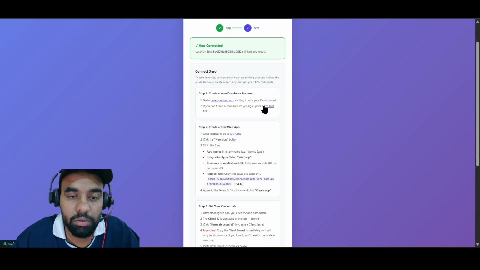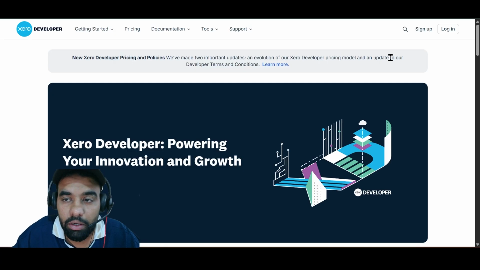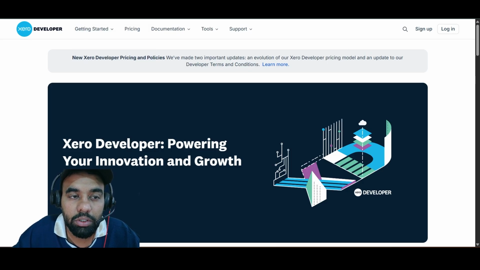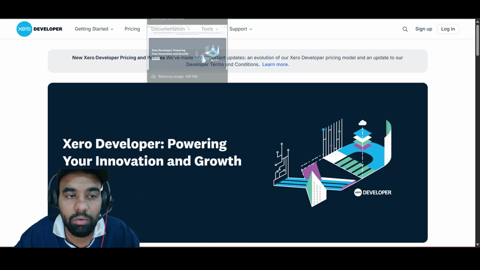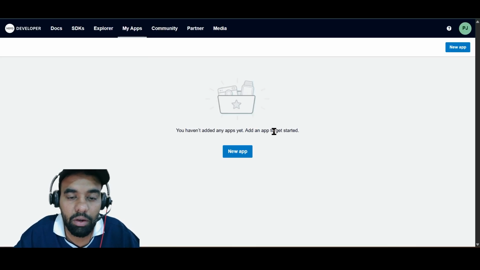On this page, what you need to do is simply click here, go to developer, go to developers.zero.com, and here you need to log in. You must already have a Zero account. I have already logged in with my email, my Zero account. You just have to go into the developers account and click. It will log you in directly, and if you have not, you can log in. Then here you need to create an app